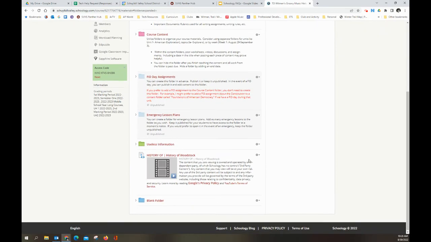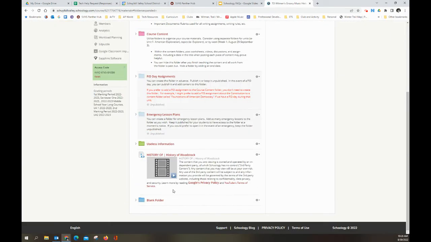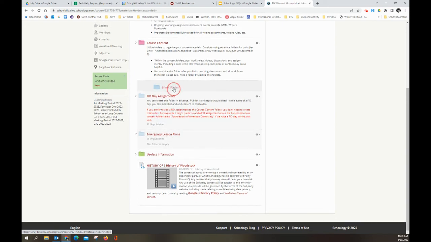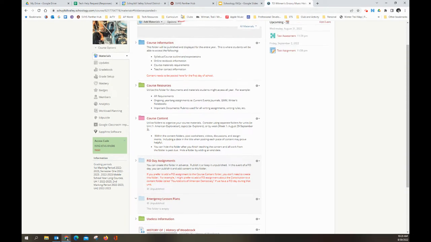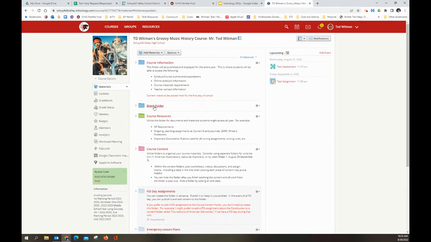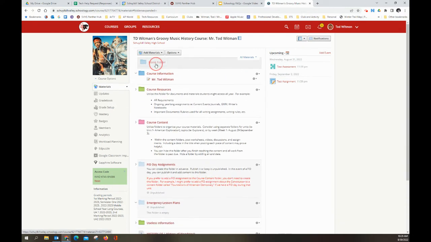So maybe you've been doing that so far in Schoology. You can always drag and drop any materials. Can't really throw it. You've got to be kind of deliberate about it. Hover over a space, you see that gray box open, and wherever I want to drop it in the gray box, that's where it's going to go. Okay. Or if I want to move it all the way to the top so that students see it first thing at the top of the page, I can drag it there. Okay. But